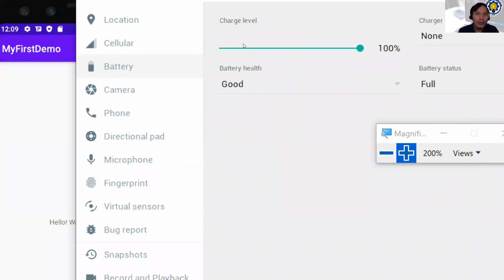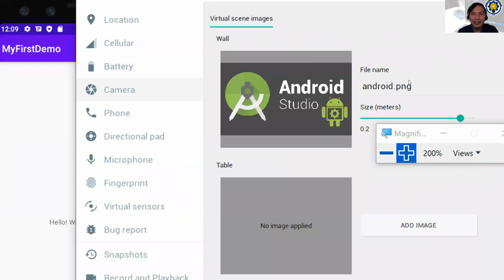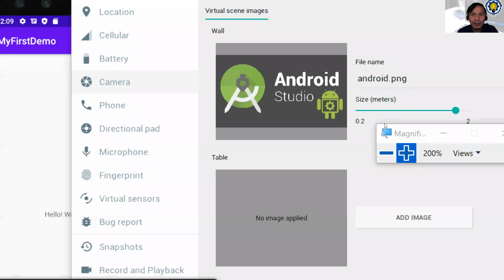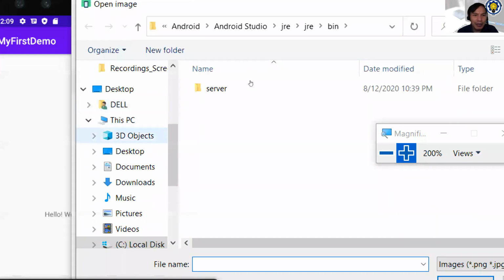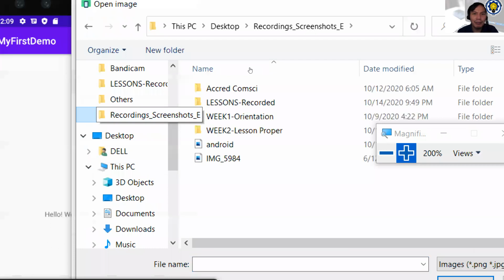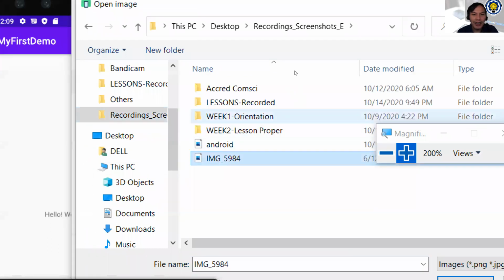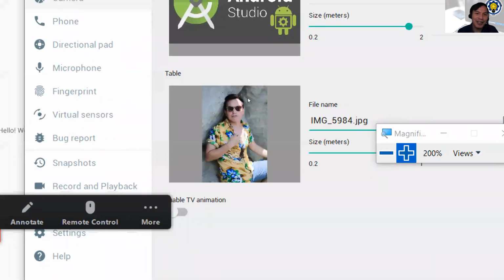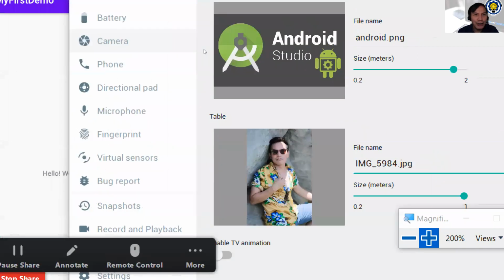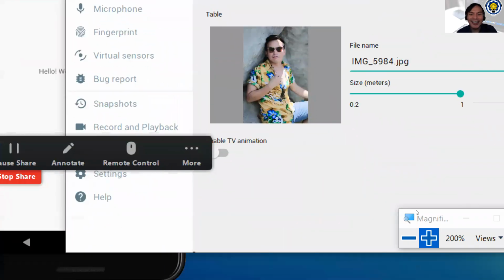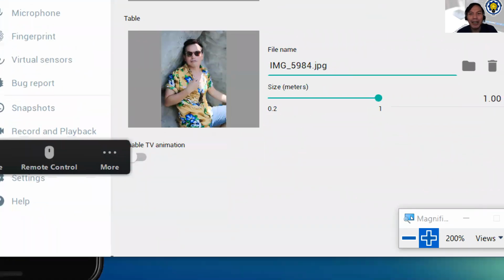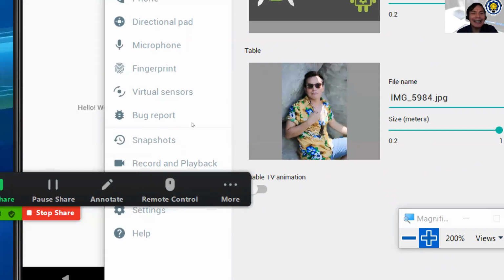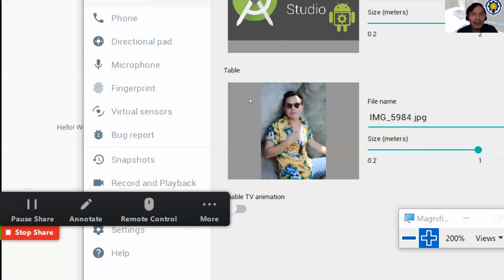Okay? So, camera settings, no? So, ito. Example, gusto mag-add ng camera dyan, ng image. So, click mo lang to. So, pwede ka maghanap ng image mo. For example, dito ako sa image. So, any image will do. No? So, pwede mong create yan. I-add mo yung image mo na yan. O, di ba? So, pwede ka maglagay ng file name. Siyempre, ako yan. Lagay picture nyo. Okay? Para mapasok doon. So, you can customize. Wala nang problema. Nandun naman din siya automatically. Okay? And then, if meron kang fingerprint,